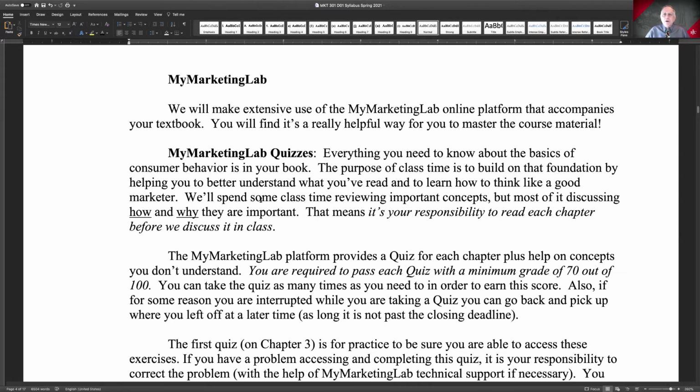Okay, so please make sure that you read assigned chapters before class. The great thing for me about that is that I can assume that you understand the basics of the chapter, and that means I don't have to repeat them. That means that I can go into more detail. I can elaborate on things in the chapter. I can tell you about things that are not in the chapter.